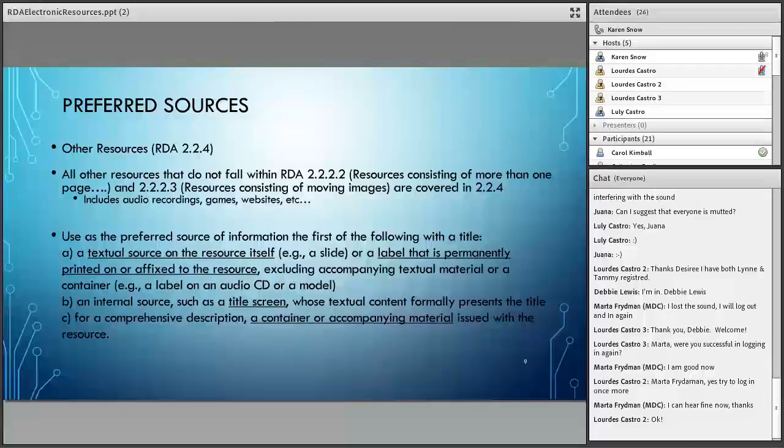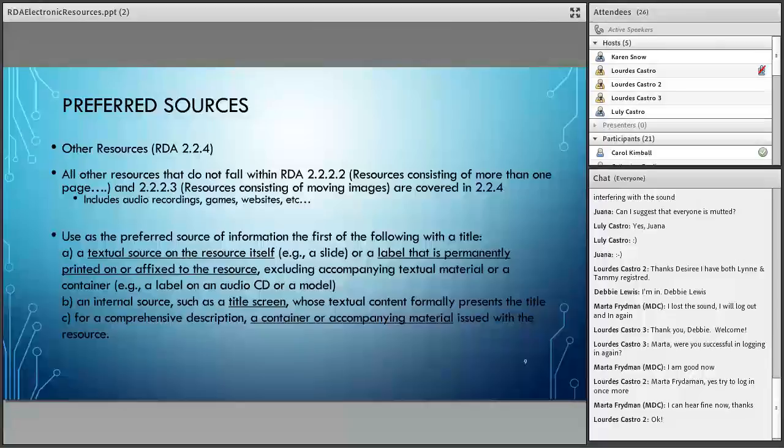So all other resources that do not fall within RDA 2.2.2 or 2.2.3. So 2.2.2 being resources consisting of more than one page, etc. So books essentially, or ebooks, and then resources consisting of moving images. So the other resources include audio recordings, games, and so forth. Websites as well. I mean, we kind of covered this other rule for websites, but this one is specifically for other things.